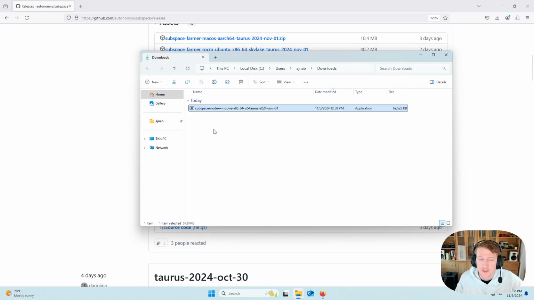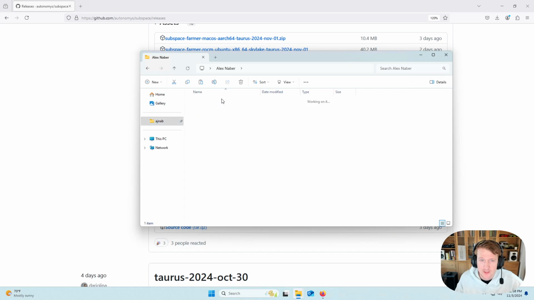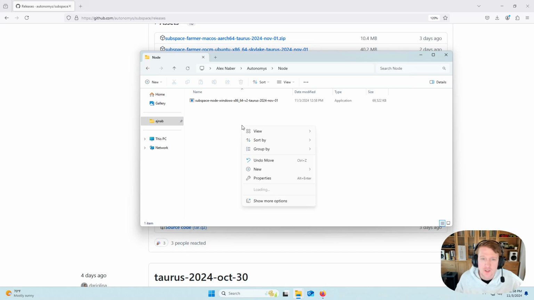We're going to open up our download. I'm going to cut and then go to my Autonomys Node folder. I'm going to paste it in there. And now we have our executable. So if I right click and I go to open in terminal,